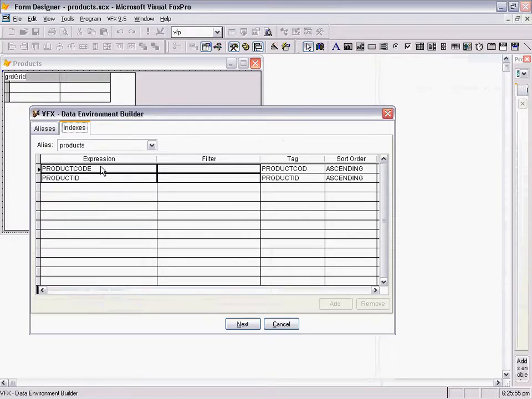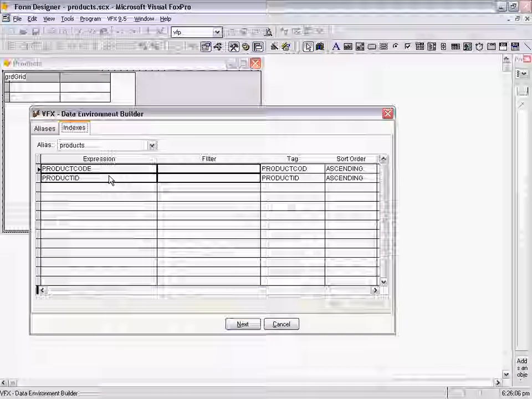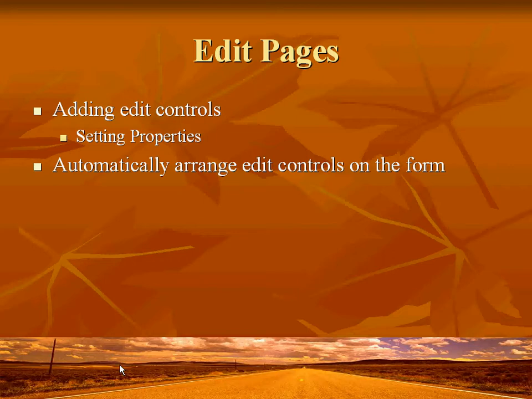Additionally, in Indexes page you are able to see all index tags that the table has, and if you use cursor adapters you can define indexes that will be used when the form runs. When I click Next, the Form Builder starts, and the first page that we see is Edit Pages.